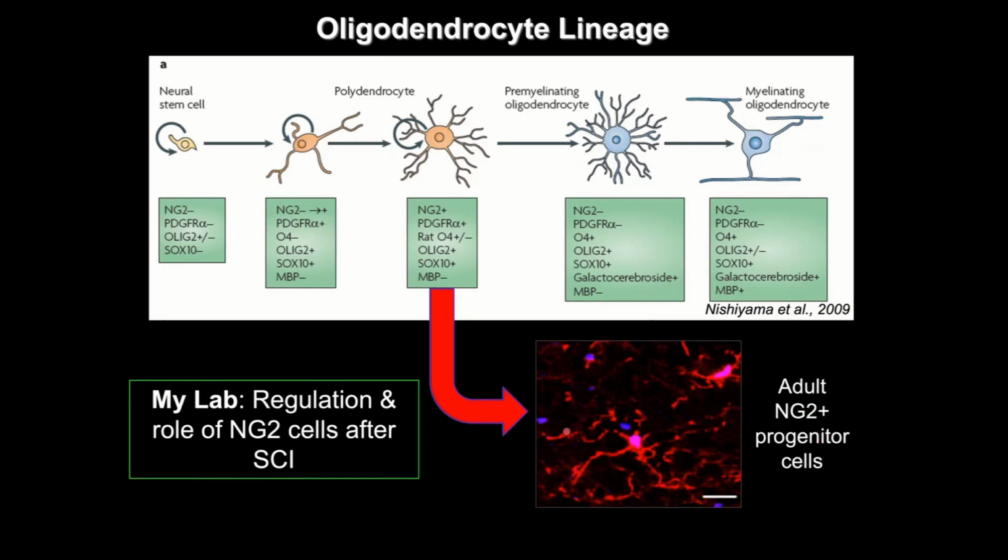And for a long time, when I first started my lab, gosh, now over 20 years ago, there wasn't as much known about these cells. They were still relatively new. And so when my lab started out, I wanted to understand, what do these progenitor cells do in the injured spinal cord? We knew that in MS models, these cells can divide and they can migrate to lesions, they can form new oligodendrocytes, and they can remyelinate axons. So I wanted to find out, do they have a similar role after spinal cord injury in the adult injured tissue?